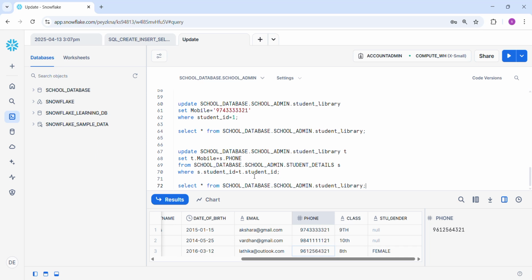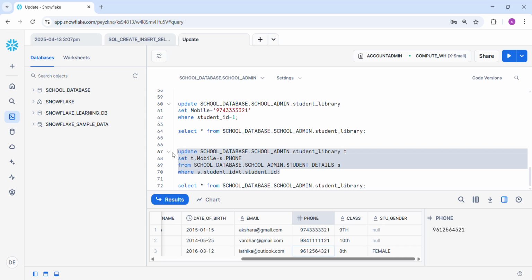Or else, if we know for sure that the value should update only one or two records, we know those values and which record we need to update, we can use that record in the where statement. Then we will update directly. Here we are directly updating from one table's column values to